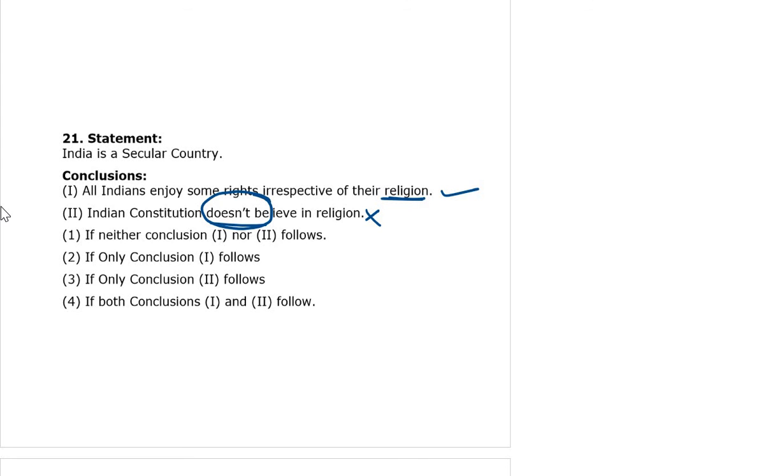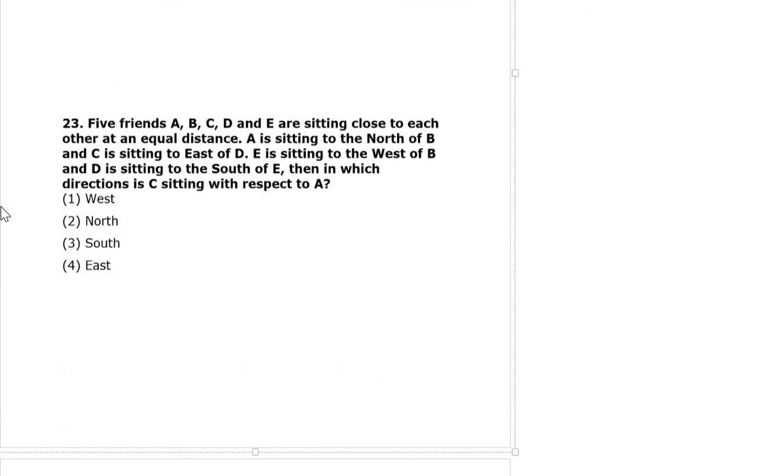So in the conclusion statement type, we can't put our ideas. We don't put, no need to put. Only understand what is apt related to this question. Secular country means we can enjoy the rights irrespective of religion. That is the meaning. It does not mean we are not believing in religion. Okay, so the second one is not possible. So the answer is only the first one, conclusion is correct. Next one,